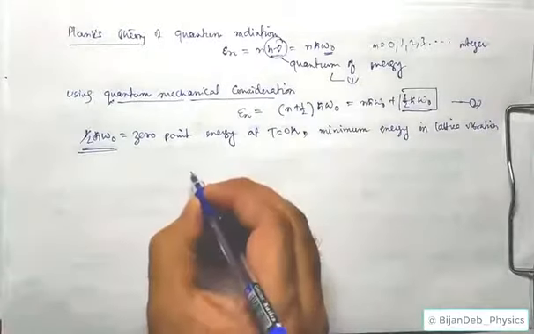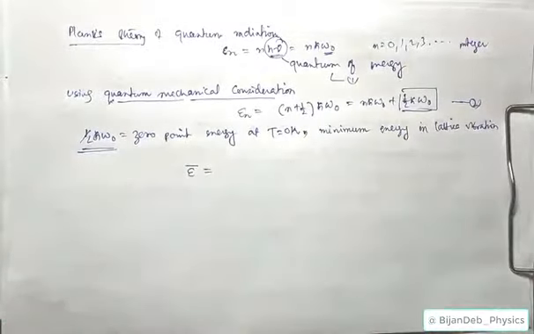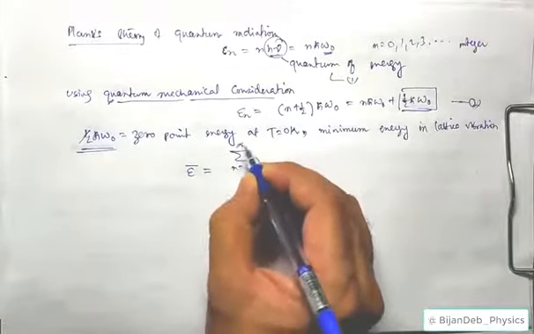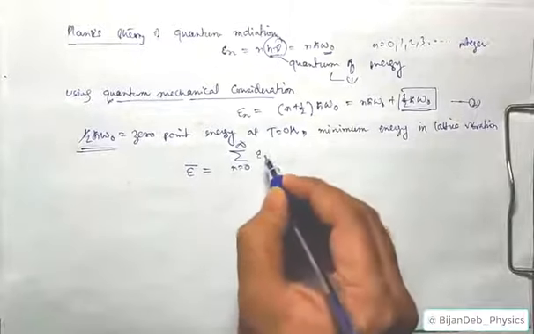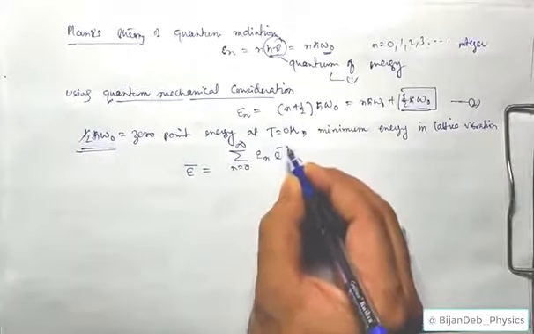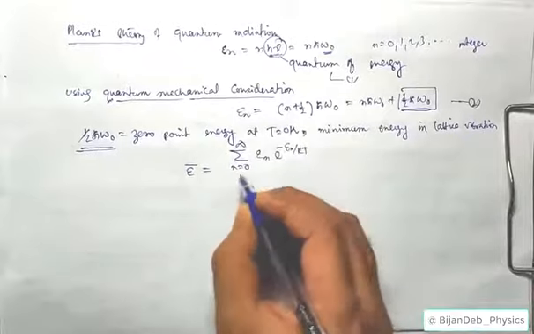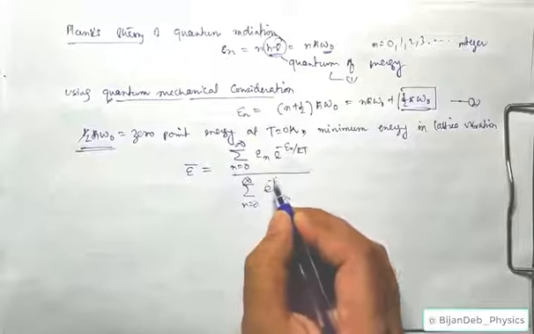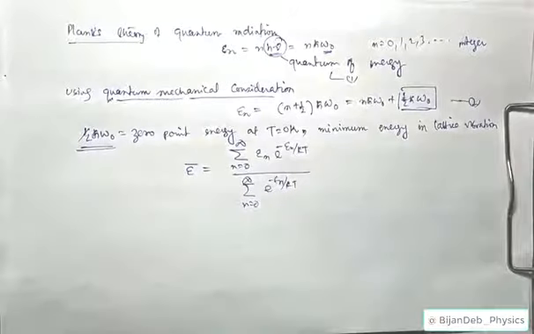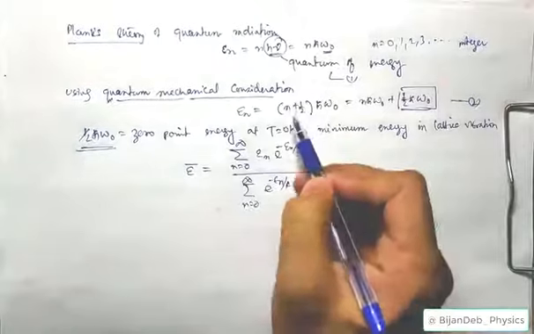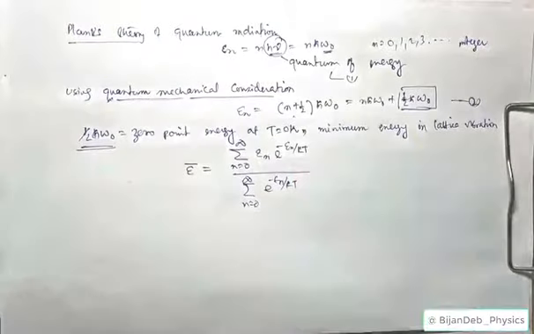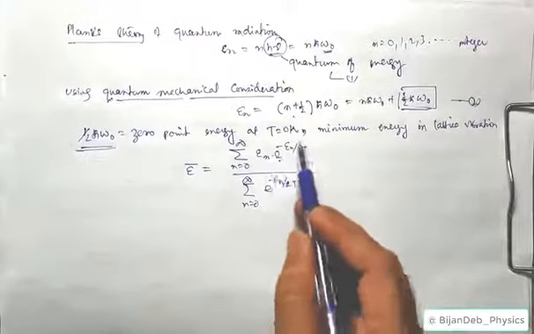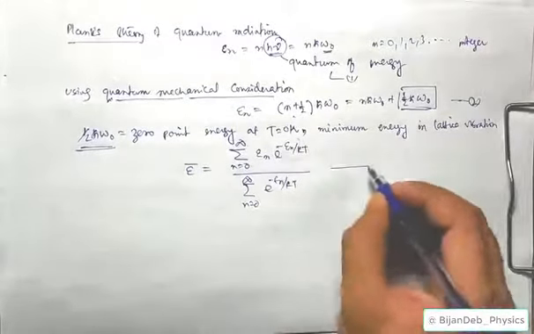So now the average energy of a harmonic oscillator, similarly to what we have done in the case of the equipartition theorem. Here rather than integration we will have summation, because here we have discrete energy values. So it will be the sum of En e to the power minus En by kT, n equal to 0 to infinity, divided by the sum of e to the power minus En by kT. So here what is En? En is this expression, we will use the second expression. You can also use the first expression. These are the Maxwell-Boltzmann distribution law. So using this we will find the equation.